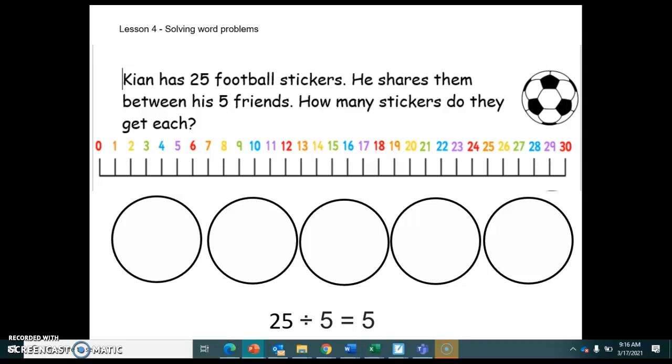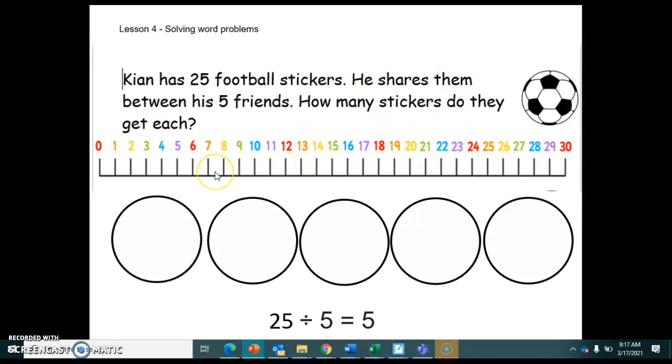So we have the word problem here. He has 25 football stickers. He shares them between his 5 friends. How many stickers do they get each? So we've got the number line. Obviously we need it to go from at least 25, and because we are sharing, our number gets smaller, so